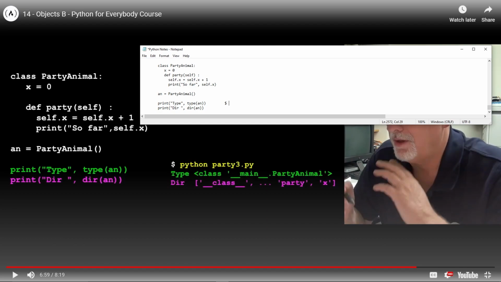We've got a little example over here. We're going to do python party3.py, and then we're going to say type. What is this? Oh, that's what's going to print out. And so this is what's going to print out. Type is going to be class, and then it'll do, okay, main